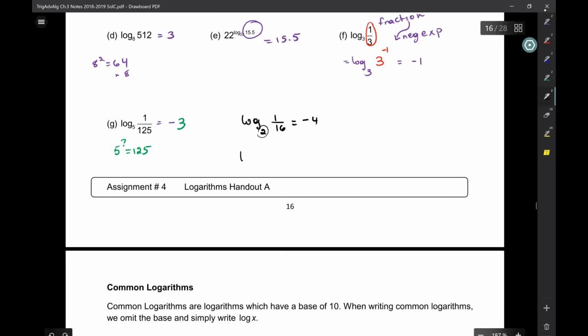So, log base 2 of the cube root of 2. The cube root of 2 is 2 to the 1/3. We're going to rewrite this as 2 to the 1/3. So now it's, hey, write these down. 1/3. Okay? Now